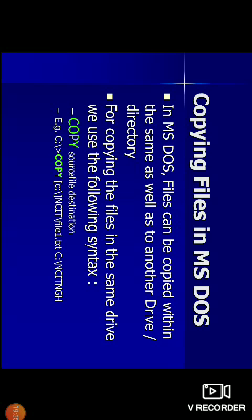Here is an example: C:/> is the command prompt. At this command prompt, you have to type like this: copy space C colon slash ncit slash file1 dot txt.